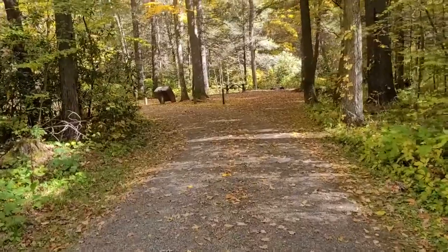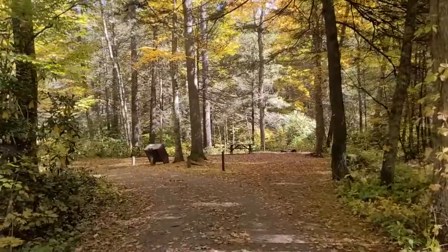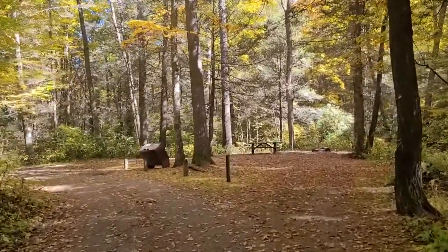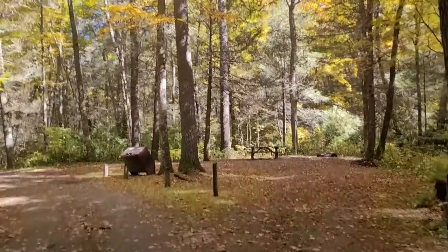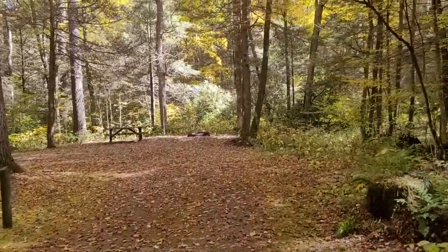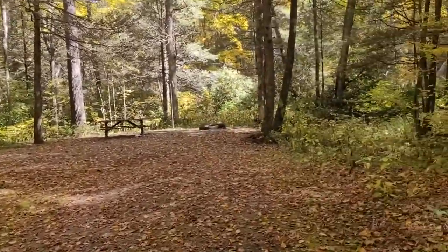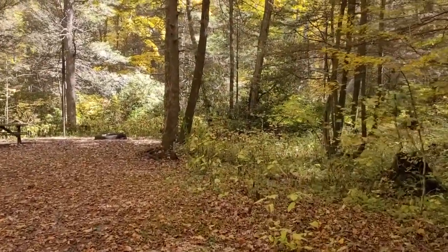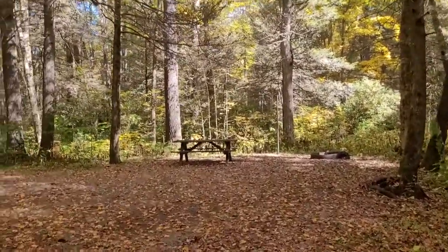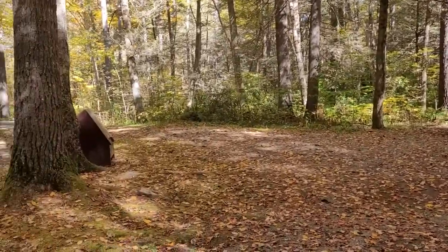Now, here's one. This is a pretty little site. This is site number 7. And I looked at it and I was like, oh, it's a pull through. Would have been really cool, but you drive right up through here and there is no way I'm going to drive my fifth wheel and be able to make any kinds of turns in here and pull out. So this was a big no for us, but for people with truck campers or R-Pods or smaller bumper pulls,